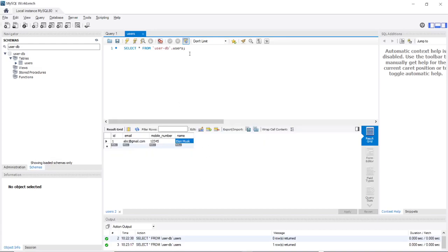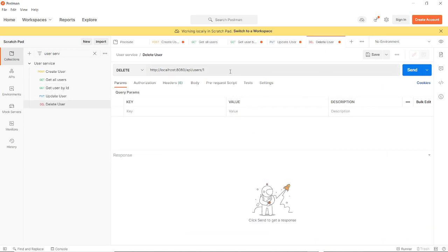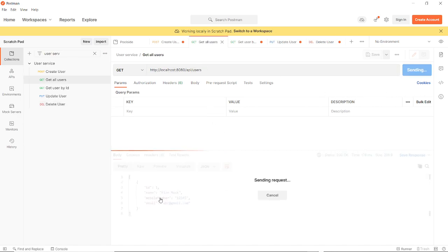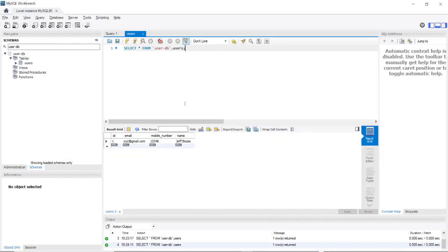We can also check this in the database, and now we can delete the user by ID. If we fetch all the users again, it will return an empty list because the user got deleted.